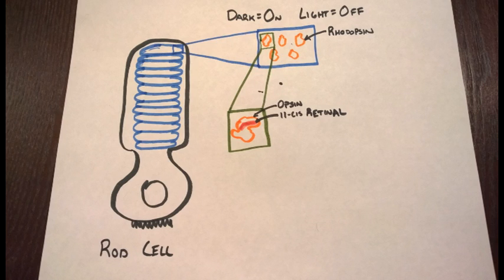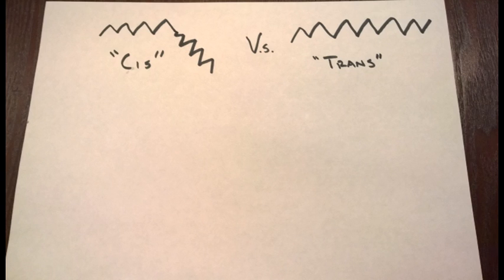Rhodopsin is an interesting compound in that it is made of two different proteins, opsin and 11-cis-retinal. When no photons are interacting with the rod cell, the 11-cis-retinal and the opsin are strongly bound to one another to form rhodopsin. To understand the changes that 11-cis-retinal undergoes when a photon strikes it, we will be comparing cis